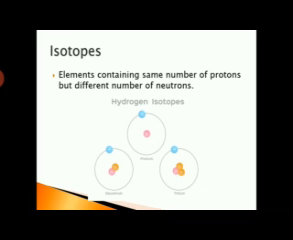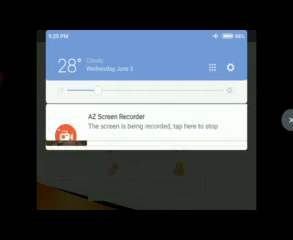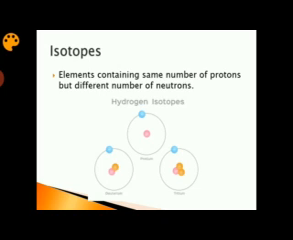Isotopes are elements containing the same number of protons but different number of neutrons. Let us look at certain examples of isotopes. These are the three isotopes of hydrogen. They are protium, deuterium and tritium. Protium has only one proton in the nucleus. A deuterium has one proton and a neutron in the nucleus, and a tritium has one proton and two neutrons